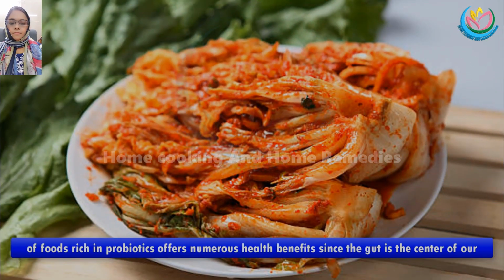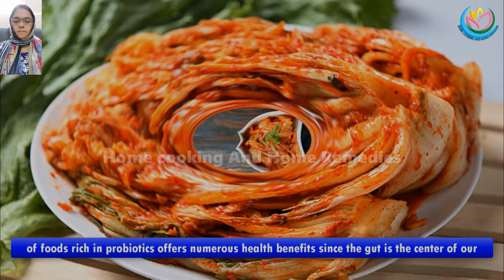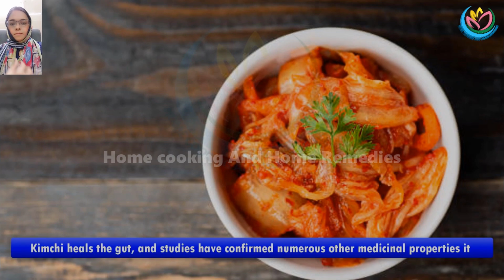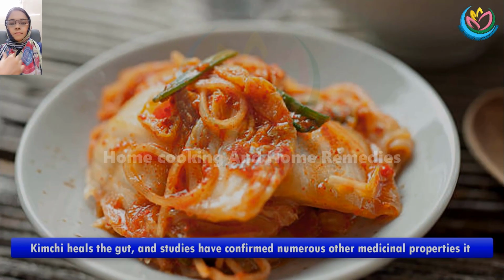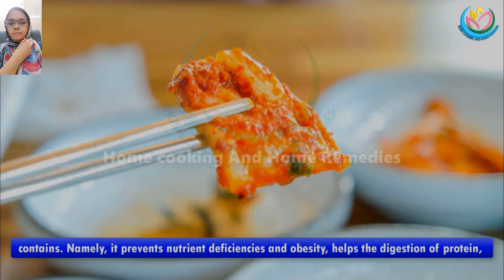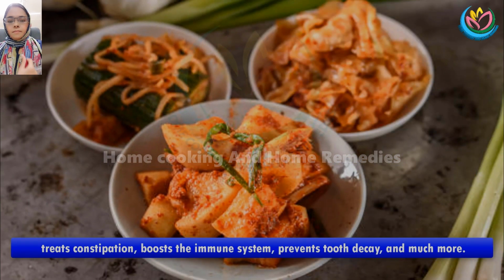The consumption of foods rich in probiotics offers numerous health benefits since the gut is the center of our health and well-being. Kimchi heals the gut, and studies have confirmed numerous other medicinal properties it contains. Namely, it prevents nutrient deficiencies and obesity, helps the digestion of protein, treats constipation, boosts the immune system, prevents tooth